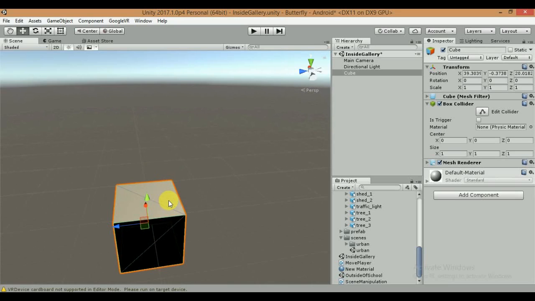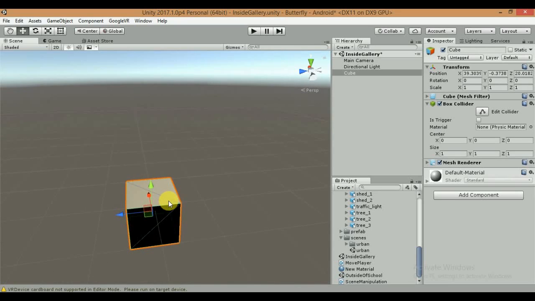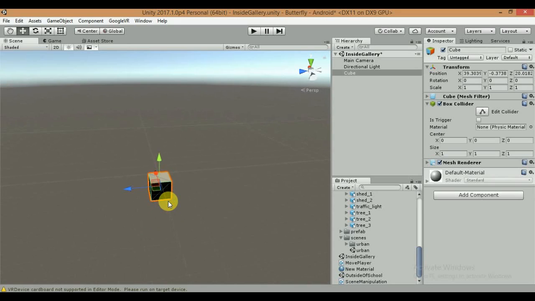And for zooming out, we are going to scroll down or scroll back, and we are going far away from our cube over there. Okay, zoom in, scroll up or scroll forward, zoom out, scroll back or scroll down,